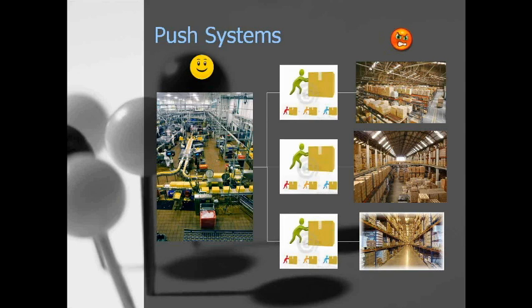Let's look at the flip side of this. Push system. Push system is where all the planning is done at the factory. This is kind of like the old Soviet system of central planning. The factory takes input from the distribution centers, but when push comes to shove, the factory creates a stable production system that is producing product to their schedule, and they send to the different distribution facilities what they think the